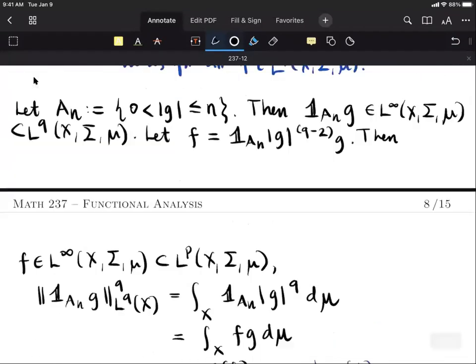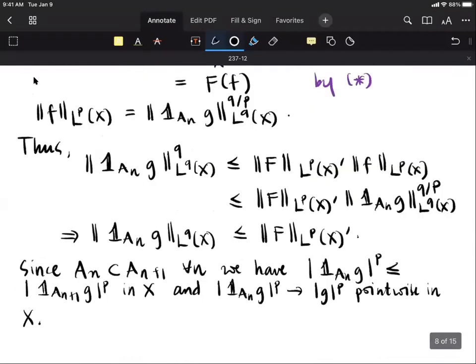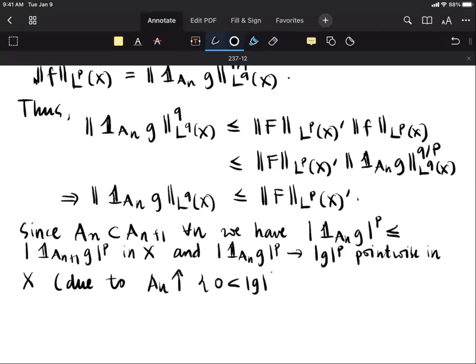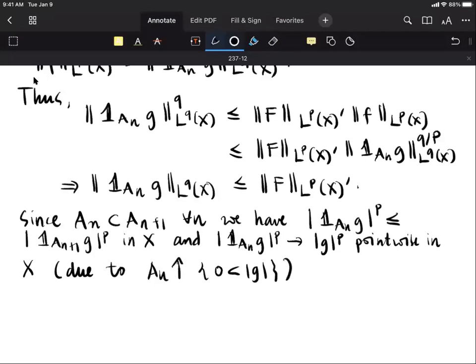Take note that A n increases to the set where G is non-zero. So for non-zero values, you have a convergence. For G equal to 0, both sides are 0. By the monotone convergence theorem,